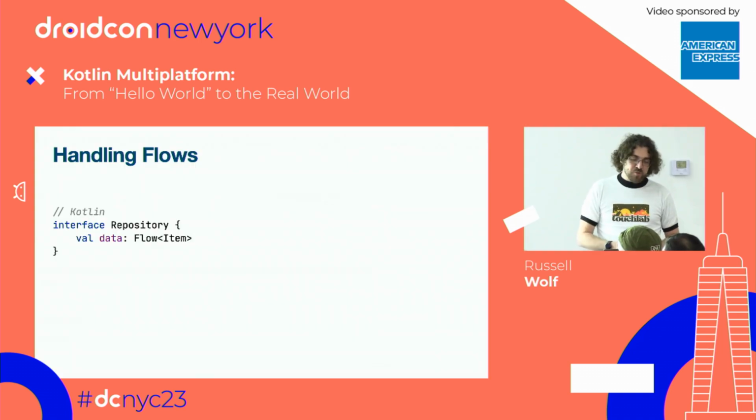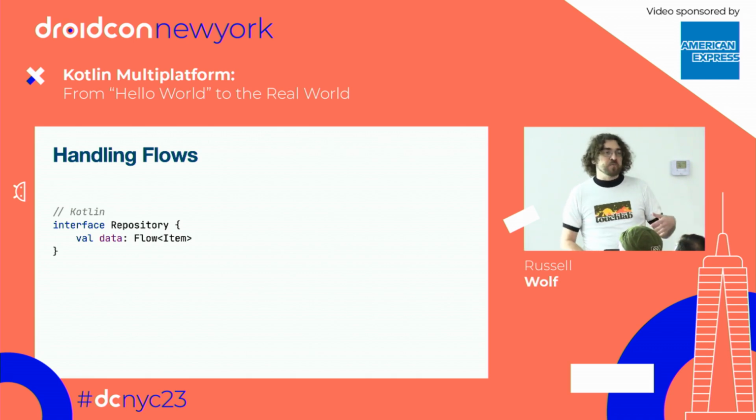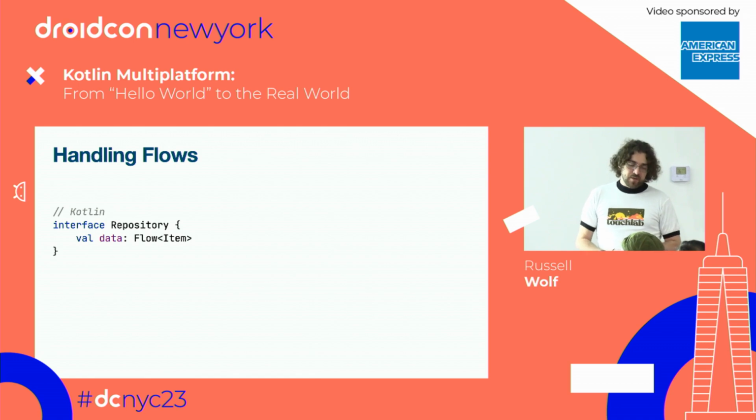And the first one I'll do is talking through ways to handle flows coming from your Kotlin code. We often like to build reactive interfaces. This is the natural way to do that in Kotlin. And we want to avoid changing the Kotlin patterns that the Kotlin devs are used to just to make the internet better, but we also want to make things feel natural to the iOS side. So if you just do the thing that you wouldn't actually do in Kotlin,